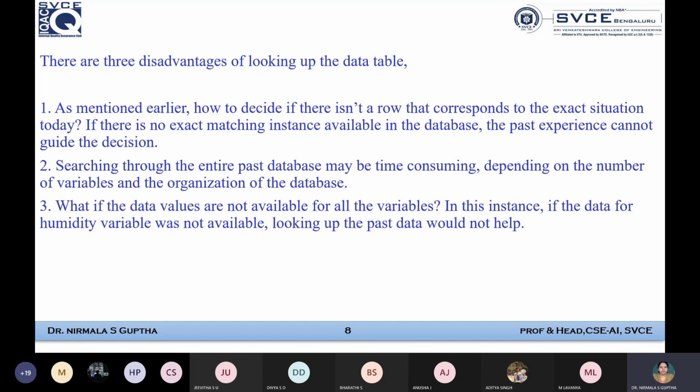The third disadvantage is, what if the data values are not available for the variables? So something is nil. They didn't give a null value, they have given some irrelevant data. We are talking about play or not to play, that is yes or no. But I am getting ABC, XYZ, Nirmala, something like that. The stream of characters under the play column, isn't it? If the data is not available or irrelevant data is available, then also it is going to give us a problem. Means it is not helping us to really make a better, accurate, efficient decision. Okay, so this is about the 3 disadvantages of looking up the data from the data table.